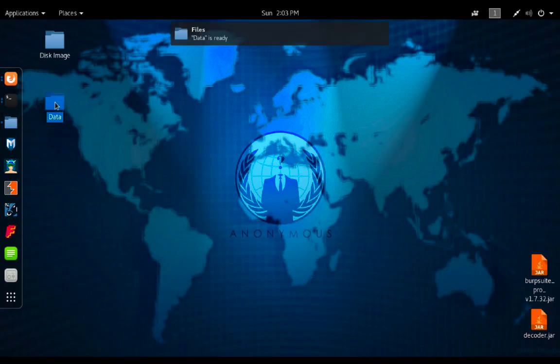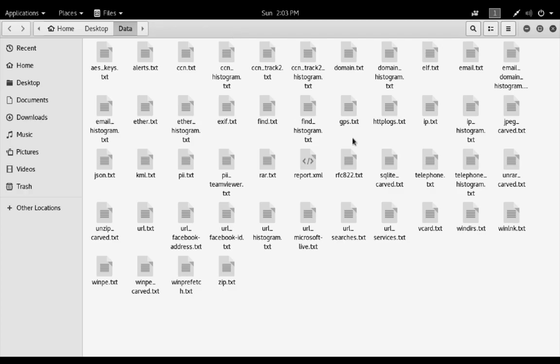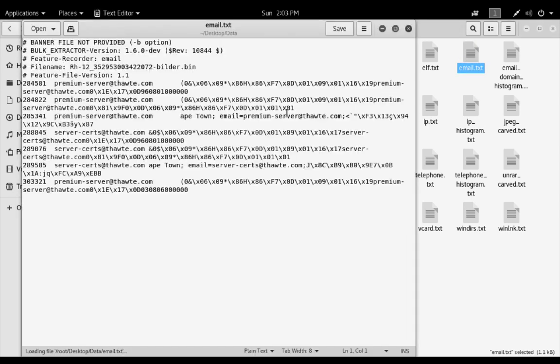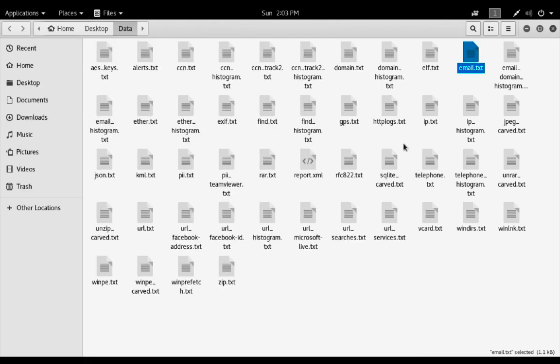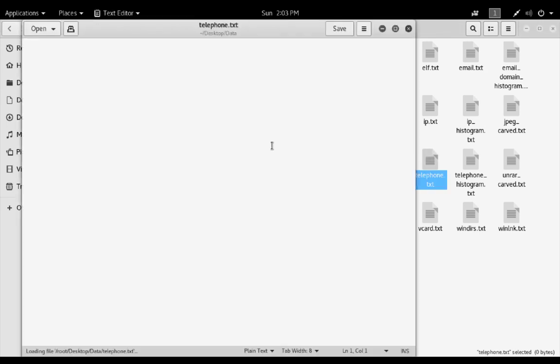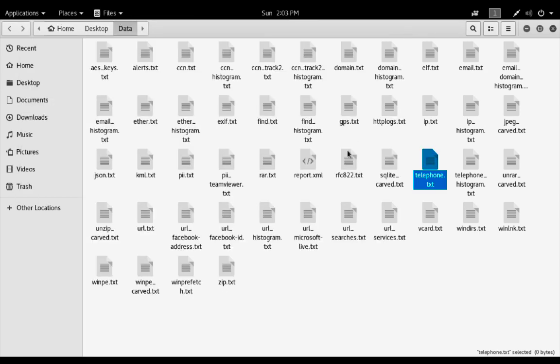So just open up your data and see where the emails are. This is the email, and this is the email they have found. Let's close it and open up telephone. There is no telephone here.